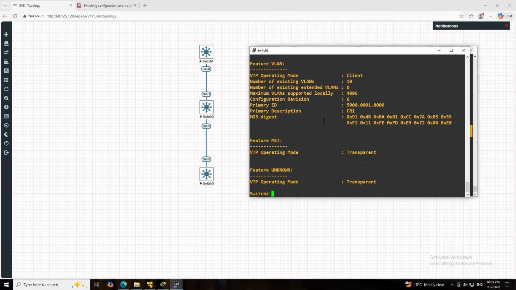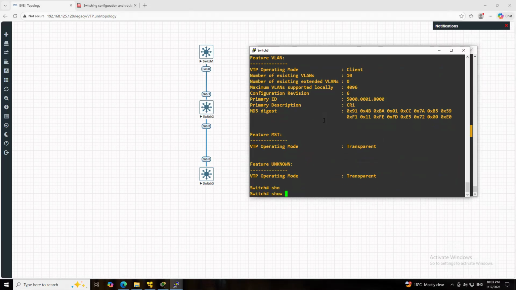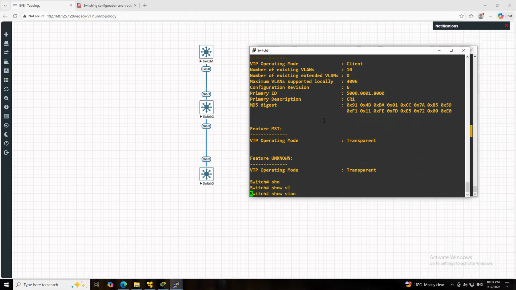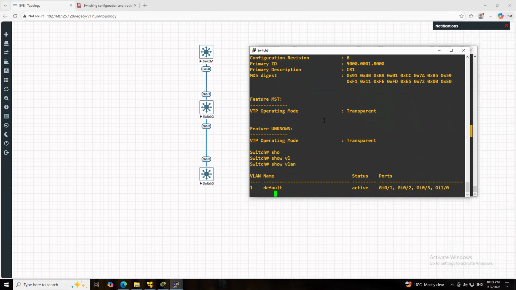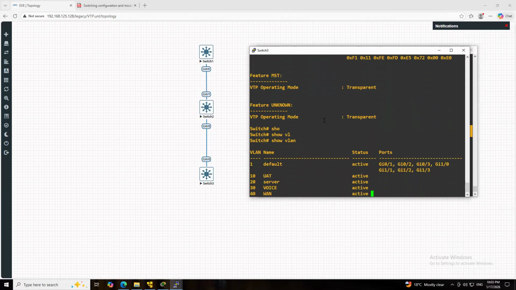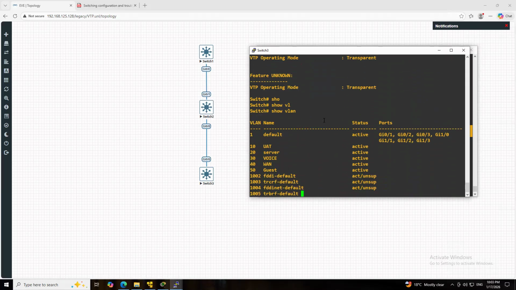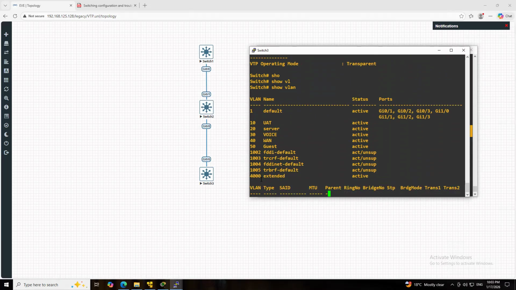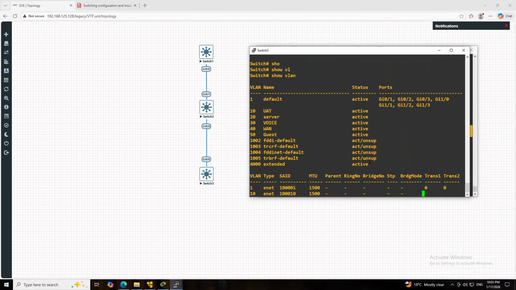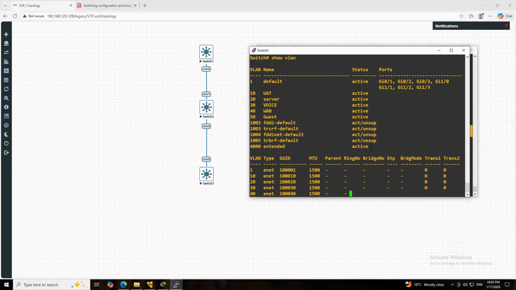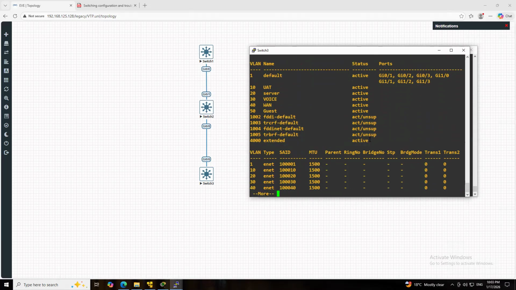Now let's validate whether I have received this VLAN or not. In normal VTP version 2, I wouldn't receive that VLAN information, but in VTP version 3, you can see I am able to receive this VLAN. So that is the big difference between version 2 and 3.